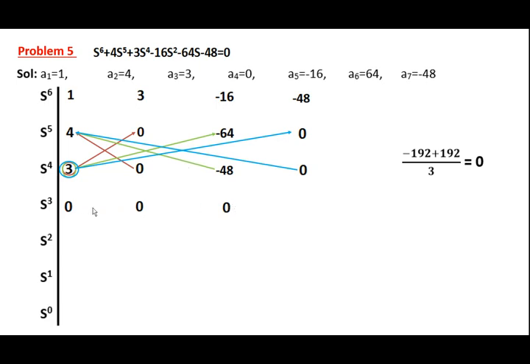So according to the second difficulty, that is the second special case, all the elements which are present in any of the rows are zeros. That means the complete elements throughout the row is 0. Then we should consider the auxiliary equation. So this is the second case. So here in the S^3 row, all the elements are 0. So now we can't continue the RH criterion procedure.